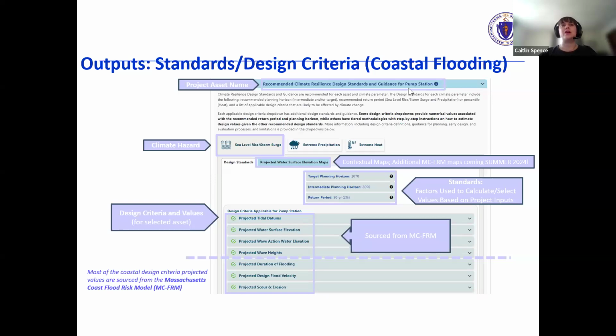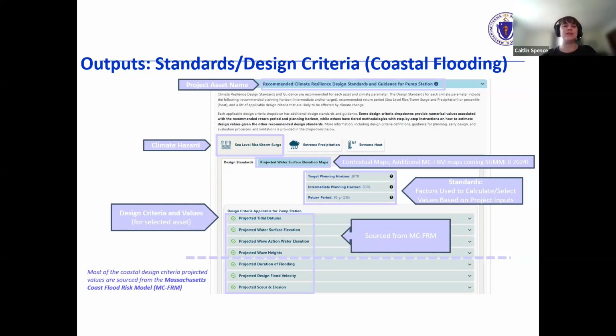This information comes from the Massachusetts Coast Flood Risk Model, which is a large data product that we provide for coastal flood information. And if you expand each of these little parameters, the user will see actual design elevations or preliminary design elevations for which the pump station should be designed.